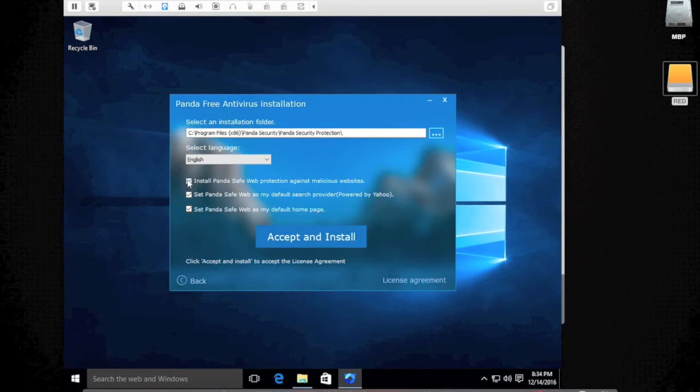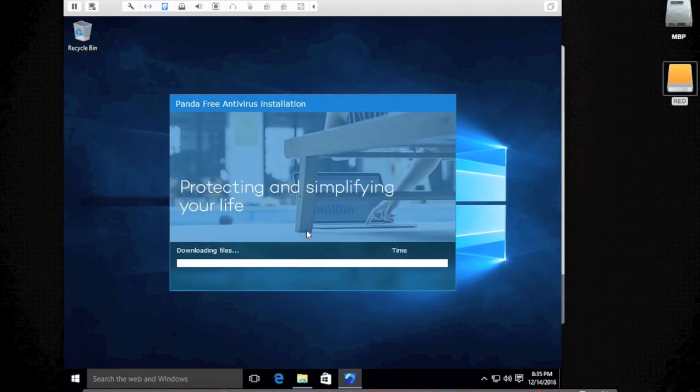And of course, it wants to set all the defaults. I would say uncheck the defaults and then say accept, because this is going to change your home page. It's going to set up the default home page, and it's going to turn on some other pieces. We don't want to do that. We just want to let it install where it's installing, leave it in English, and take all those settings off to just give us a base install without extras. And once this installs,